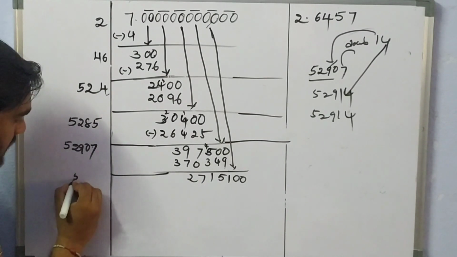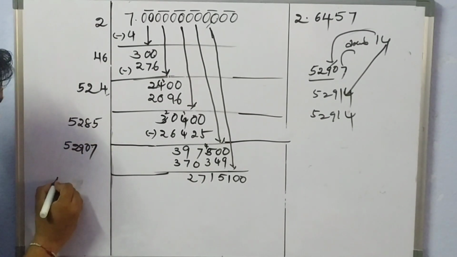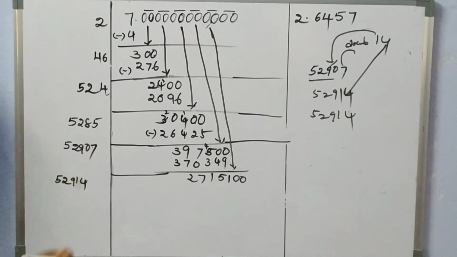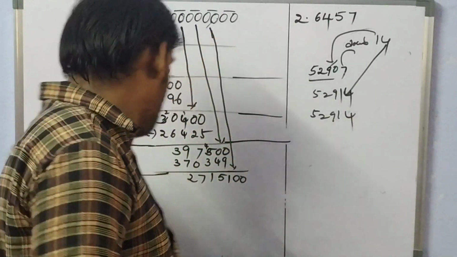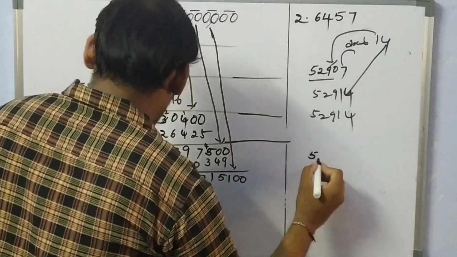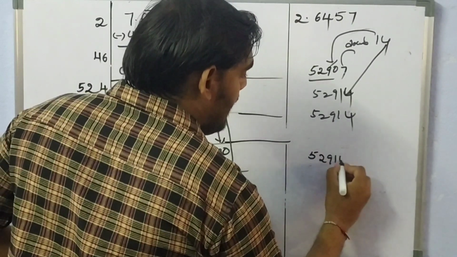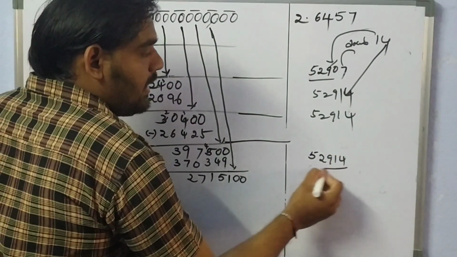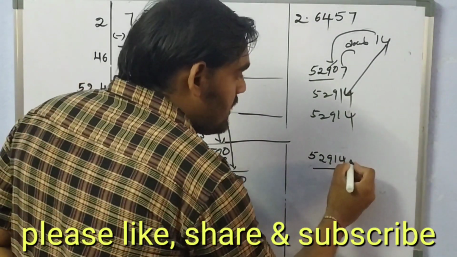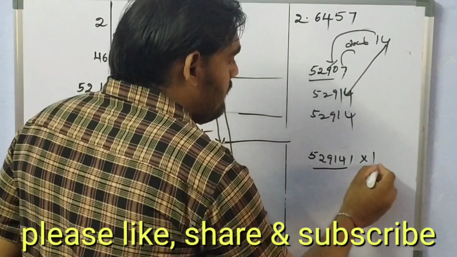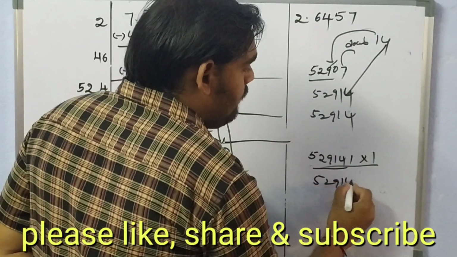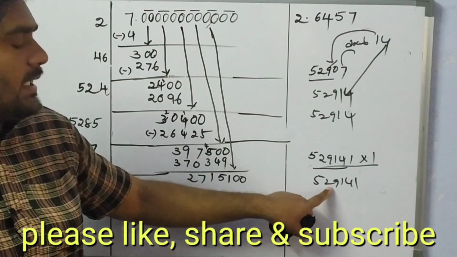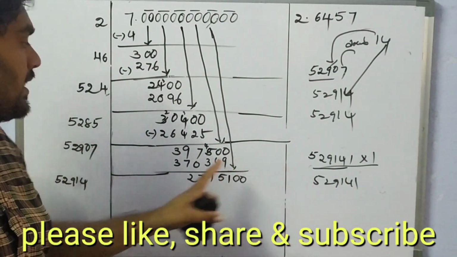See here, this will be 52914. Whatever digit we are writing here, we need to multiply the entire number with that digit only. I got 52,914. Whatever digit I take after this number, I need to multiply with that one only. So if I take 1 into 1, it will become 529141. So this value is 5,29,141. It is very far away from